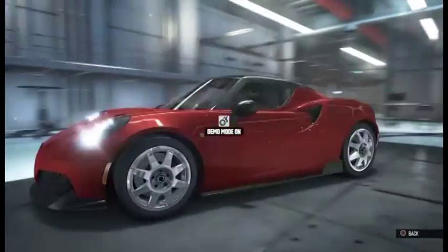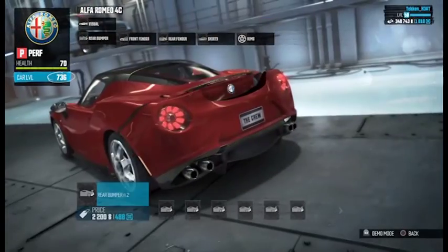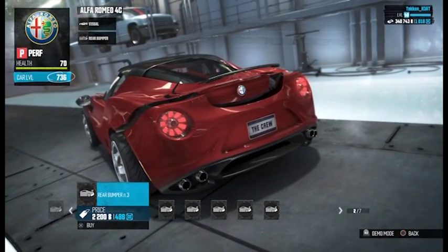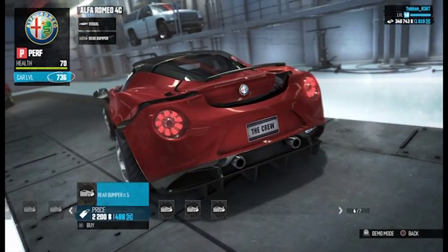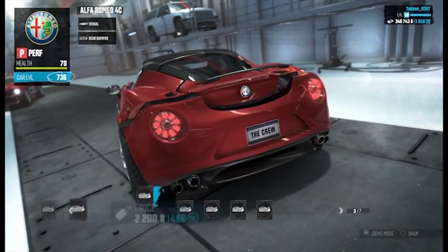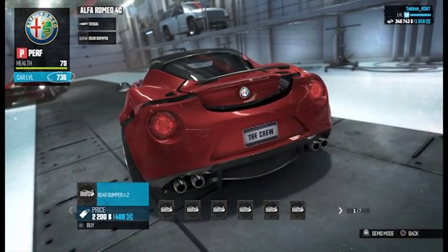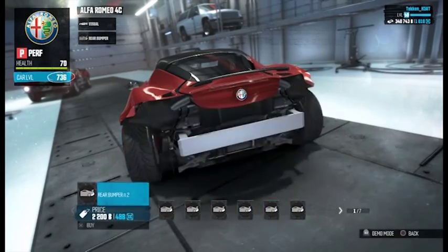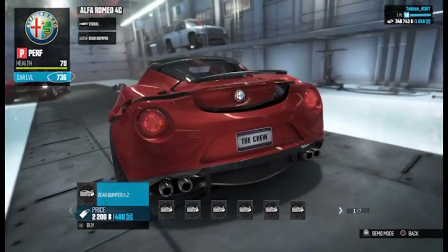So what I'm gonna do today is give you guys my top five, not in any order, but pretty much my five most favorite visual mods you could put onto a car. In the background you're seeing me doing some customization on The Crew to some cars that you might have already seen me do, and also a new one, which is the Alfa Romeo. Now, starting off the list is probably my most favorite out of all of them, and that is